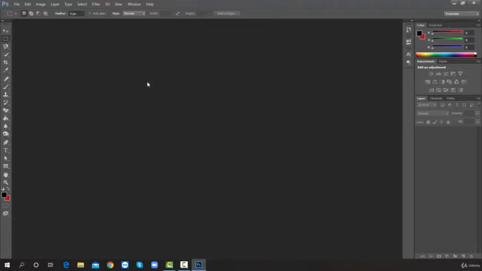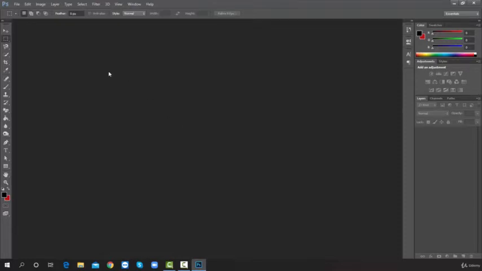At this time, follow the interface carefully, guys. There are many sorts of options available, right? Don't be afraid. All options are not important for us. So simply follow me and stay with me. Please see, this is the menu bar. We can see there are some menus available, right? Such as file, edit, image, layer, etc. And this is the option bar. Look at the option bar. Feather, style, width, height, those are all options, mind it. And this is our workspace, which means work area.